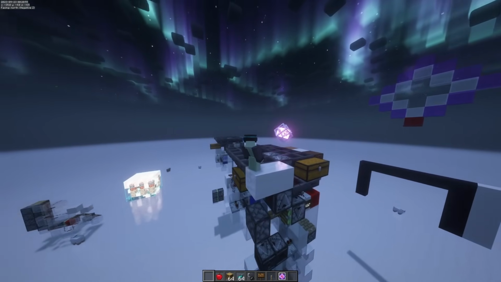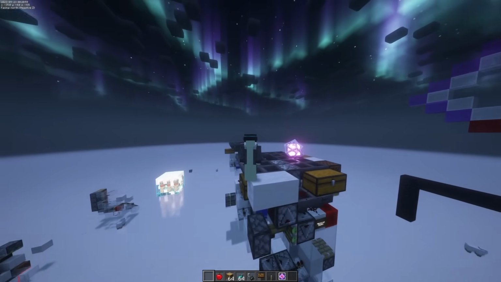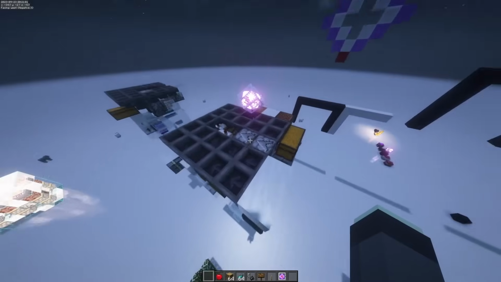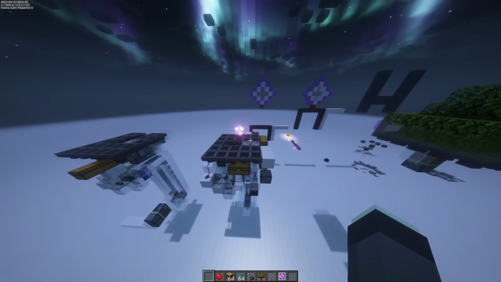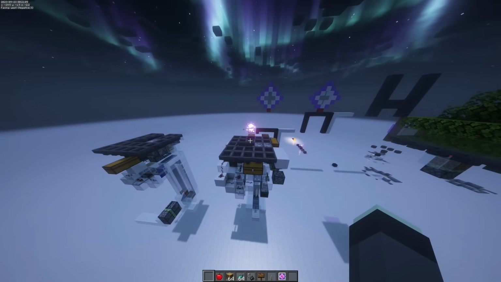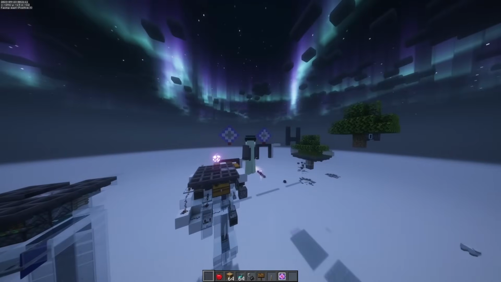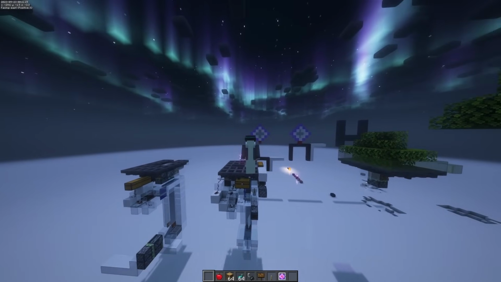Yet, even though there's not really a whole lot that you're competing for, you definitely should strive for some semblance of optimization. See, if I'm going to go ahead and build the worst tree farm in existence, being this end crystal power tree farm, it should still be the fastest end crystal tree farm. Even if it's only going to end up making 3 logs per minute anyways, it should do it efficiently.